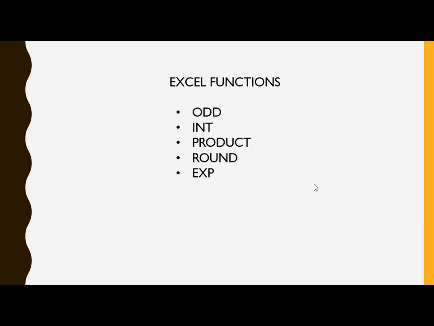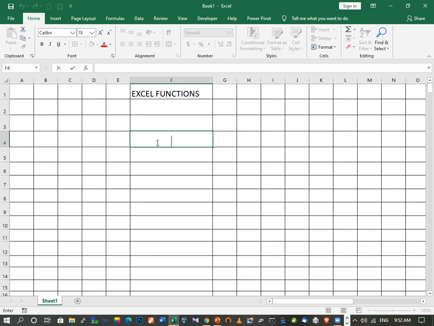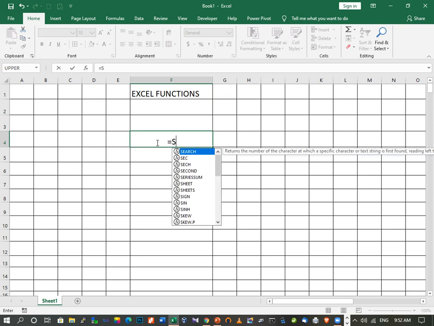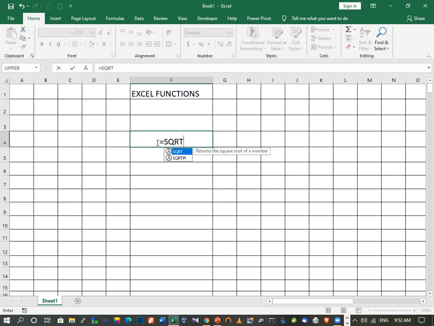Our next function is square root. This will find the square root of the given number. So let's see how this will work. Here I'm going to use this sqrt function. So equal to sqrt. Suppose I want to find the square root of 64.